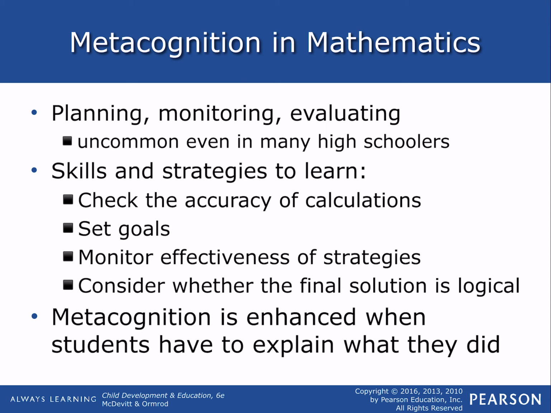And then consider whether the final solution is logical. There's a sense that you can look at something and go, I don't think that number's right. That number should be bigger when you get to the end of that particular division problem. Like some things are just not logical. Like, oops, I made a mistake somewhere because that's not even close to what I think it should be if I were to estimate, right? So sometimes we work with kids on estimating in elementary school as well.